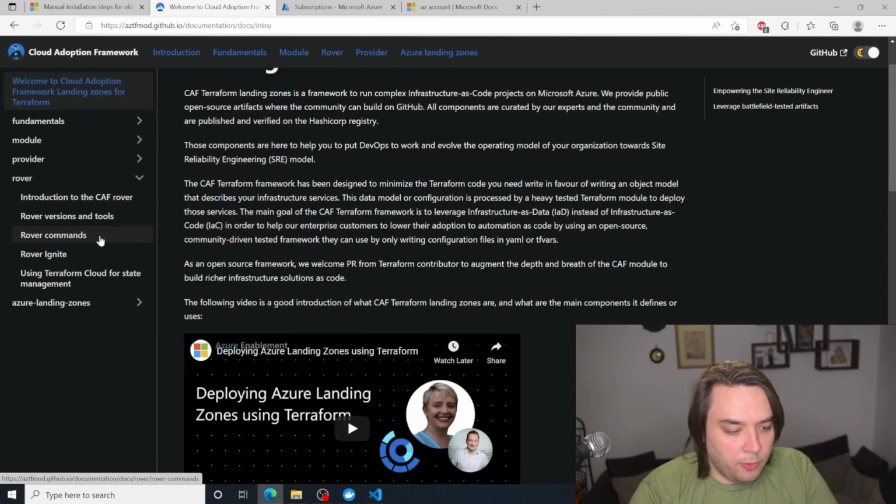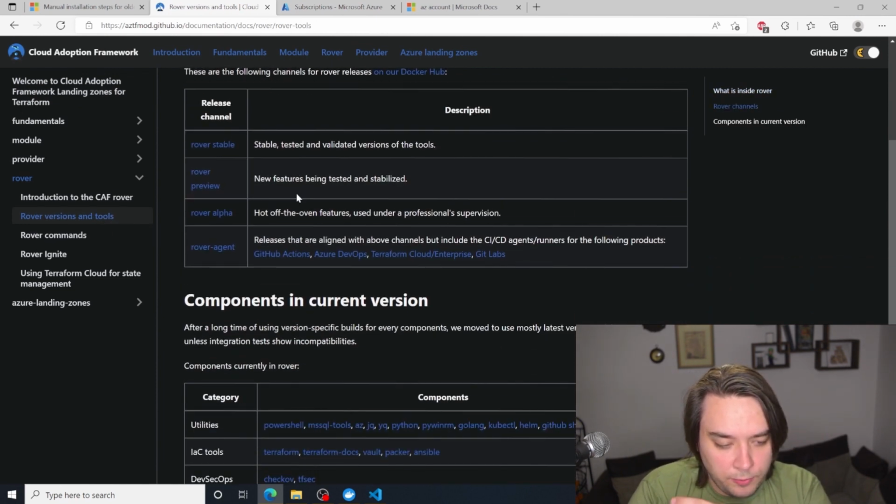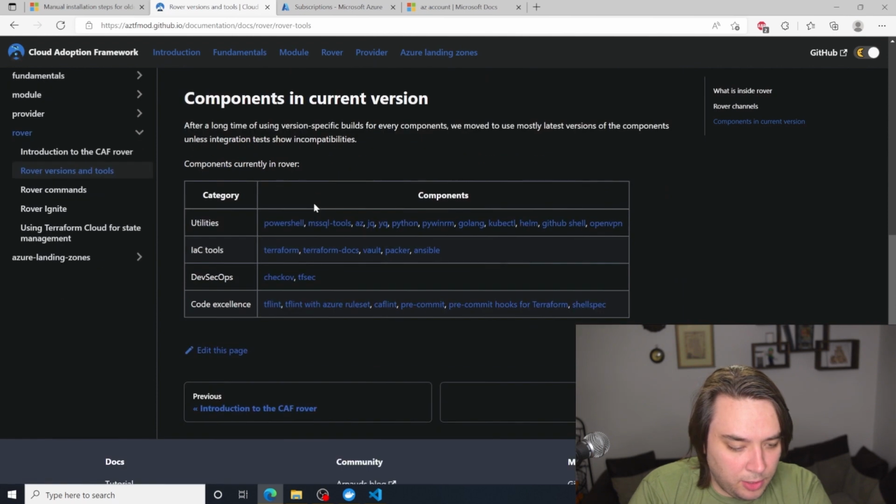In Rover, you have certain different versions and tools. This is where it says what kind of tools are installed on Rover. As you can see, there's quite a lot: PowerShell, MS SQL tools, AZ, JQ, Python, Terraform, Terraform Docs, Vault, Packer, Ansible.